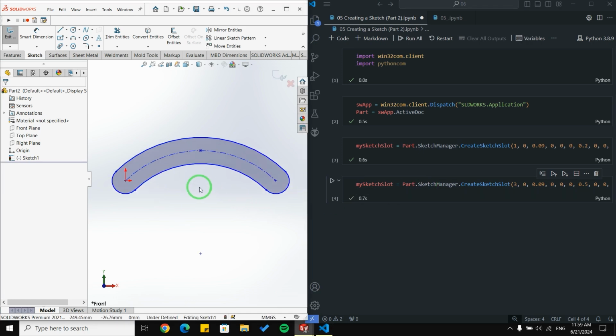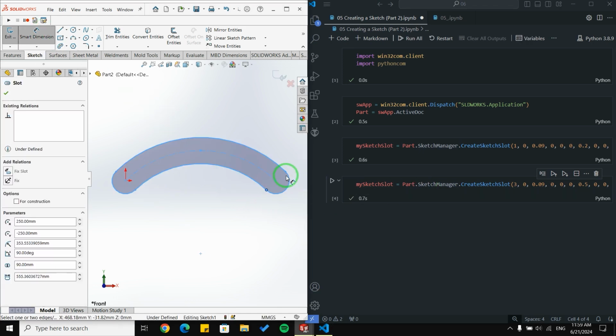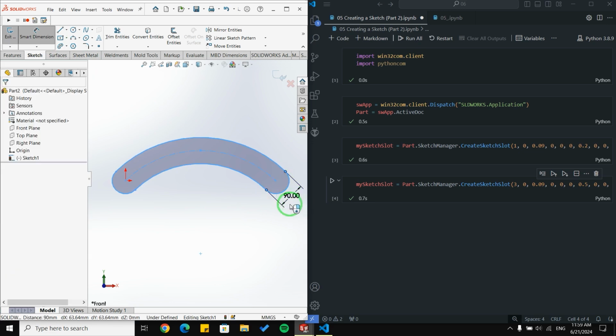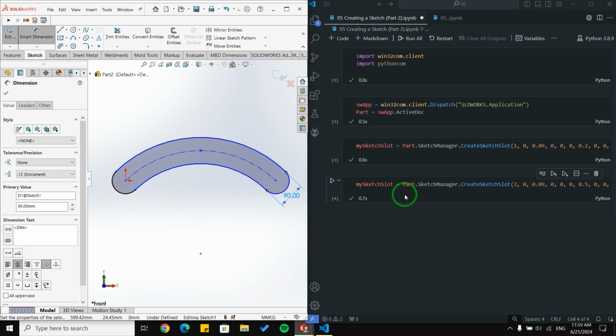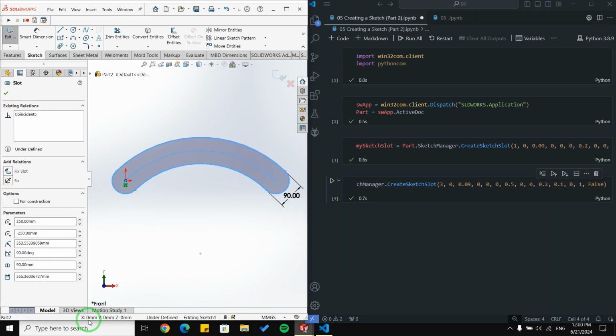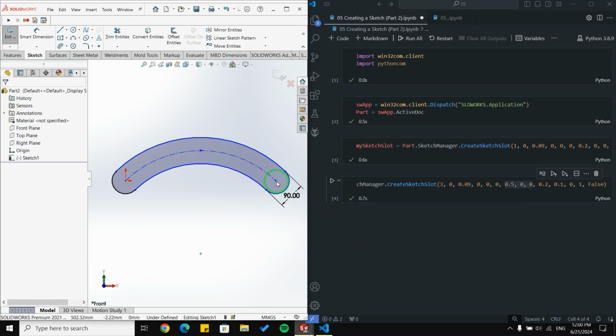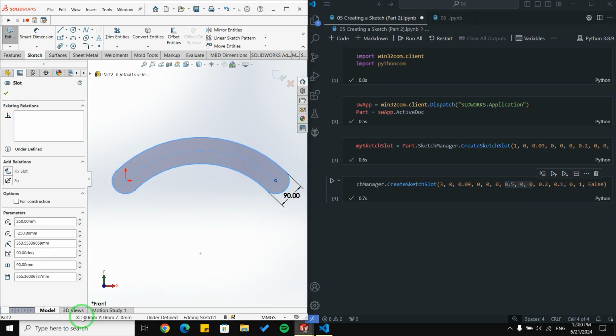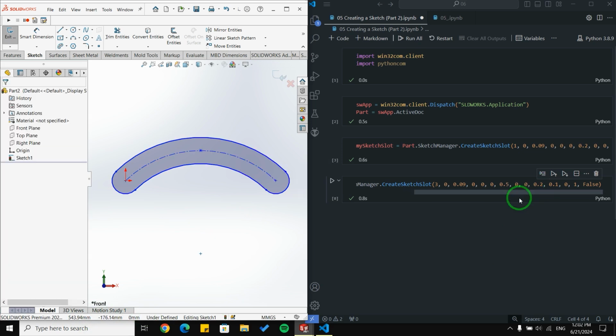Okay. Now we are going to verify it. For the weights first, we can see here the weight is 90 millimeters, as we specified here. The first point should be 0, 0, and 0. The first point location is 0, 0, and 0. For the second point, we should have 500, 0, and 0. As we can see here, for the second point, we have 500, 0, and 0. And for the third point, we put 200, 100, and 0.